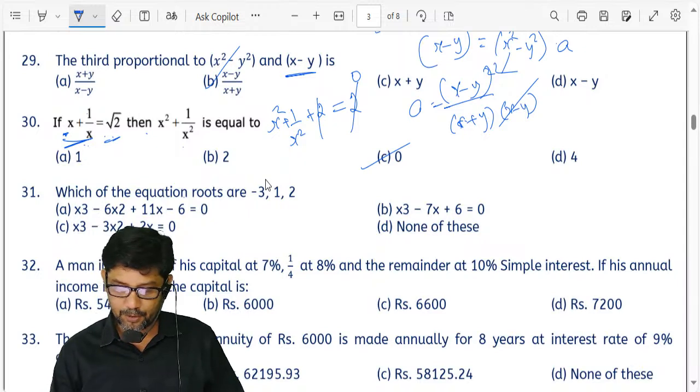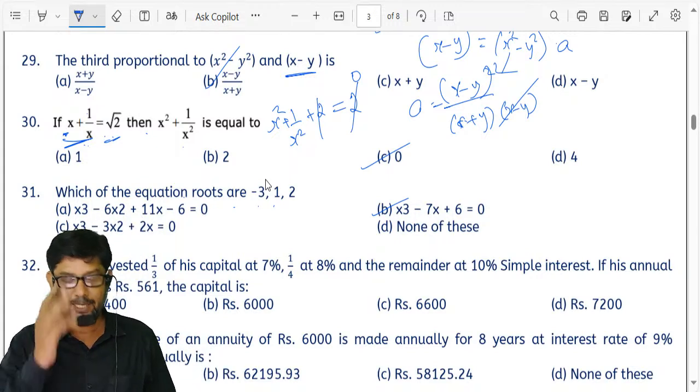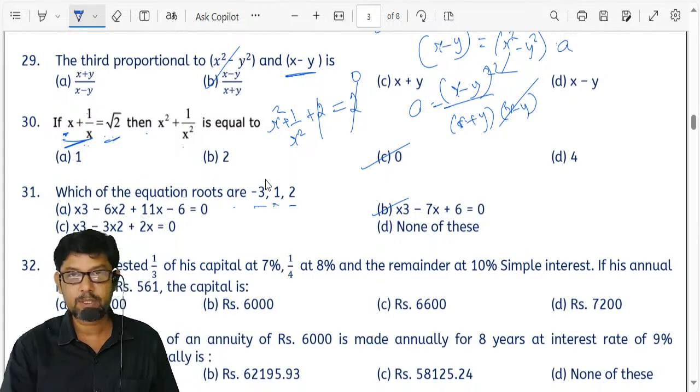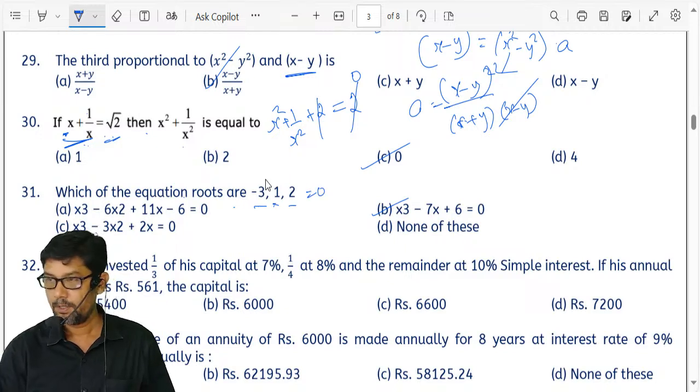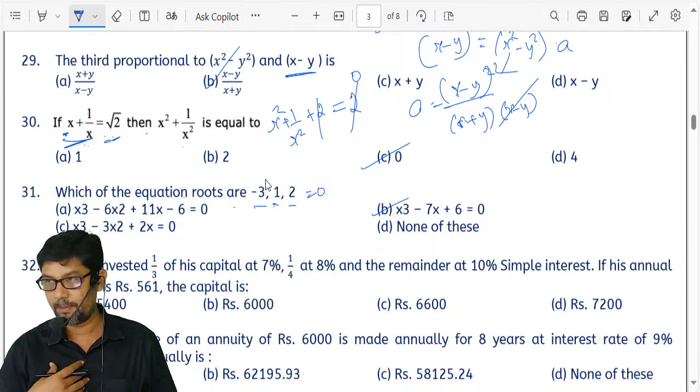Now, which of the following equations has roots minus 3, 1, 2? Option B. Sir, how did you get it directly, sir? Very simple, my dear. What is the sum of the roots? Here I am getting 0. If the sum of the roots I am getting is 0, what